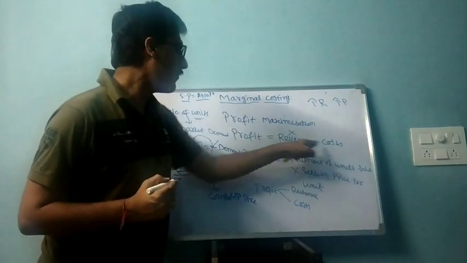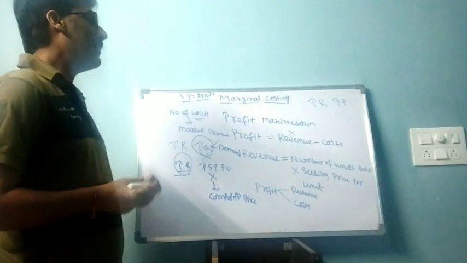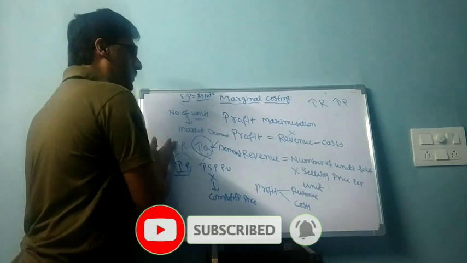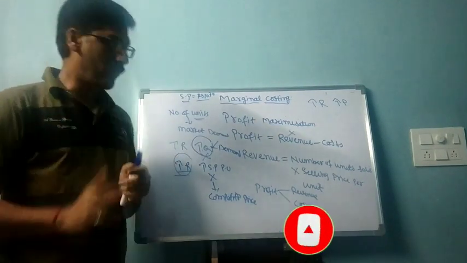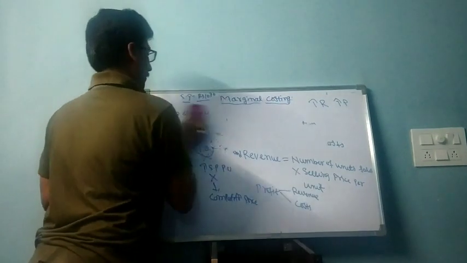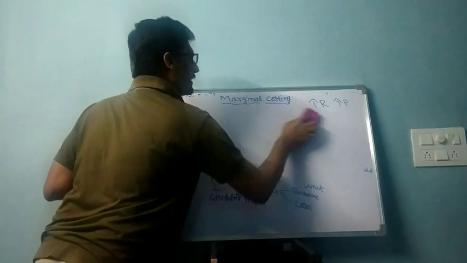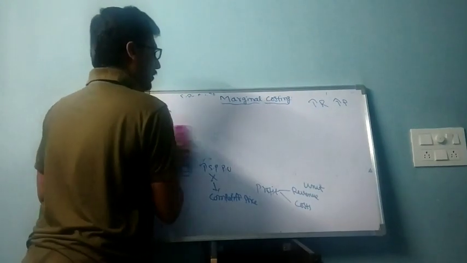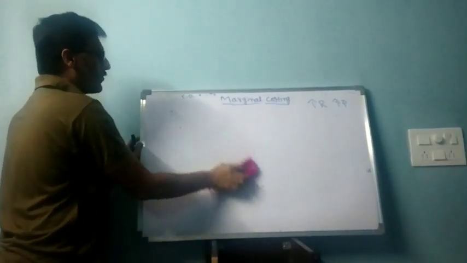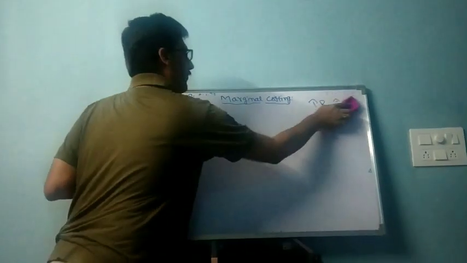What is the other alternative for increasing the profit? You should reduce the cost, means you should keep the cost as low as possible. Now we are going to discuss about cost. We come across two types of costs. I will explain now. What are the two types of cost? For producing any product, basically you will be incurring two types of cost. The costs are fixed cost and variable cost. Unless you understand this, you cannot understand the formula derivation.